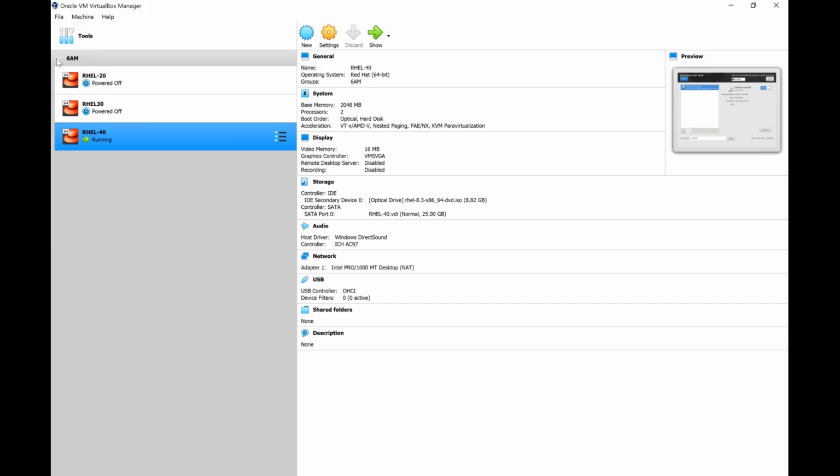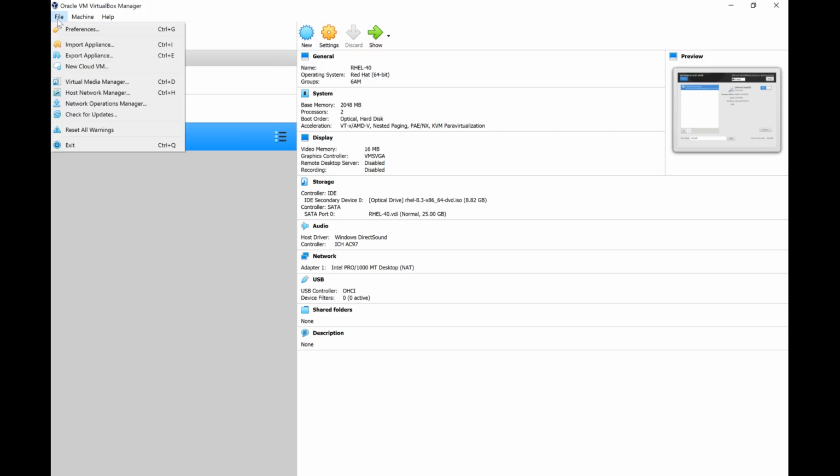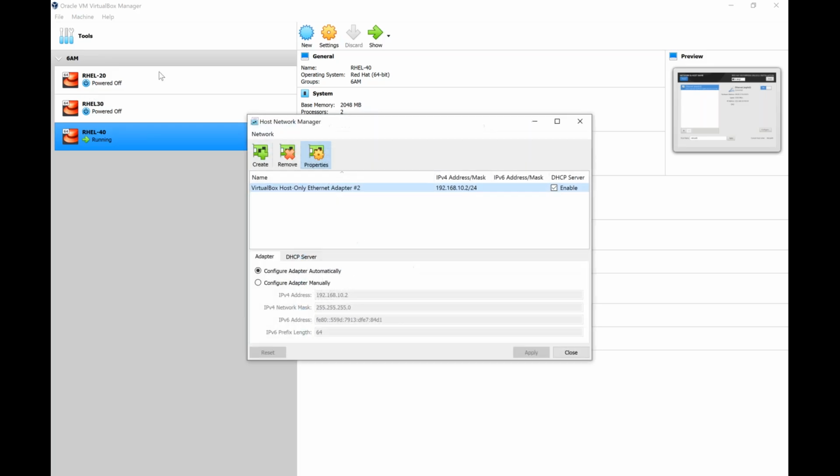First thing, I need to go to File, and you see there is an option Host Network Manager. Go to File, Host Network Manager, and over here you will find something called VirtualBox Host Only Ethernet Adapter, and it's selected to configure adapter automatically. Just select configure adapter manually. It might show you some different numbers over here, guys. But please assign the IP